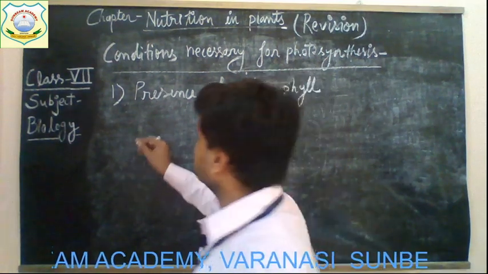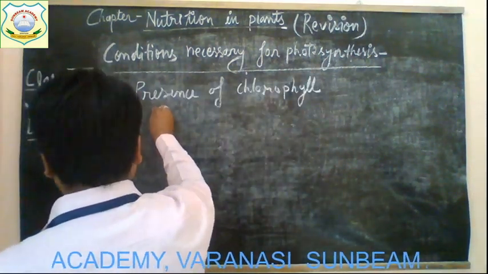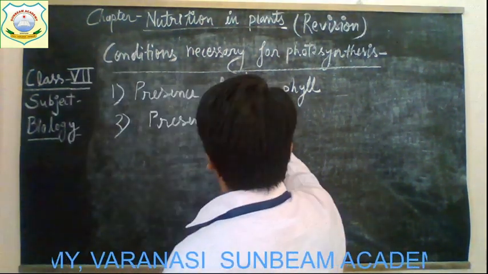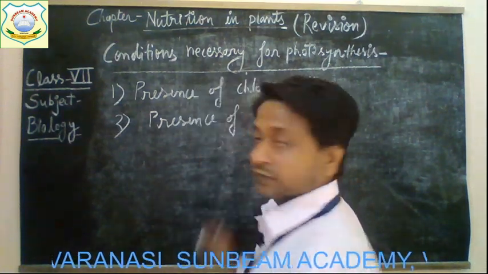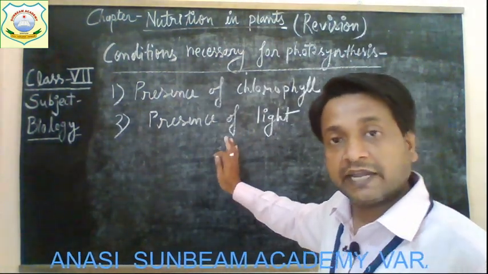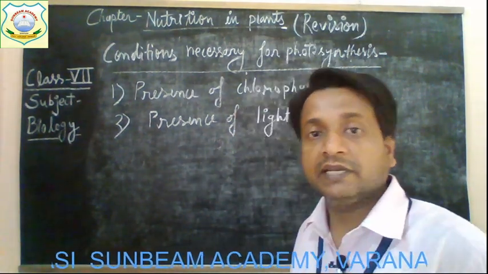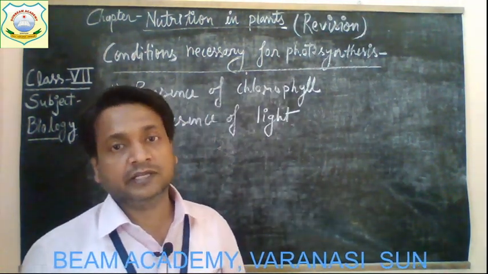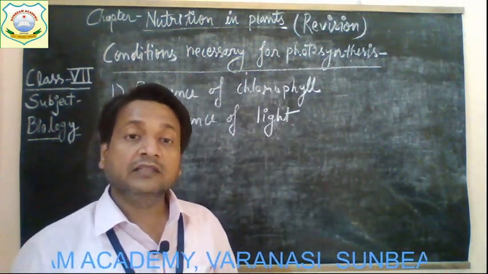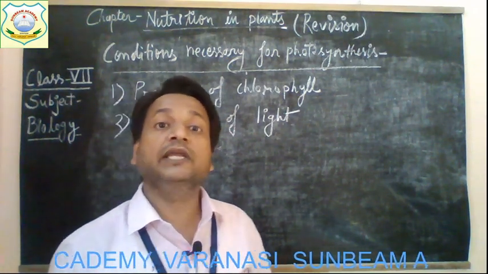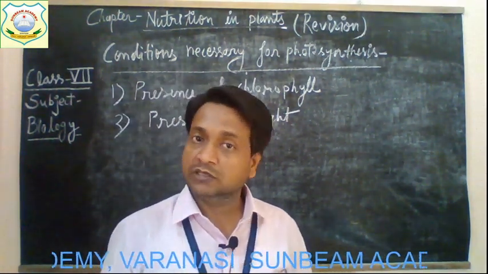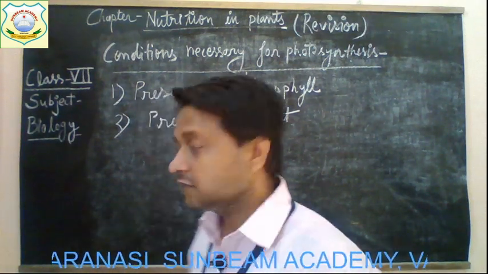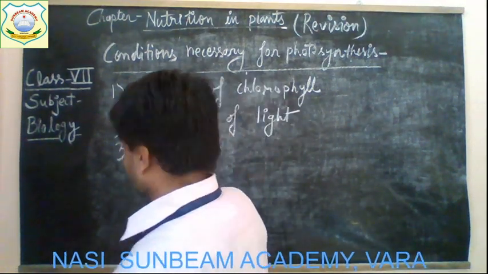Now come to the second condition. Presence of light. The second important condition: if the light is present, then the process of photosynthesis will take place. Otherwise, this process will not take place. Okay, that is why the process of photosynthesis takes place only in daytime, not in night time, because in night time the light is not available. Okay, now the third condition is availability of